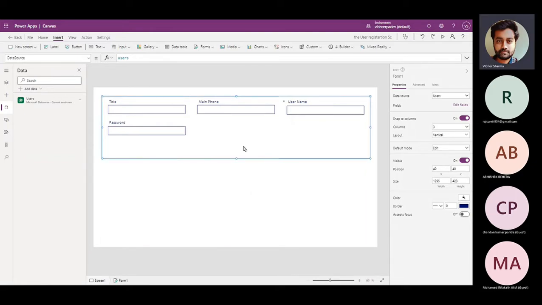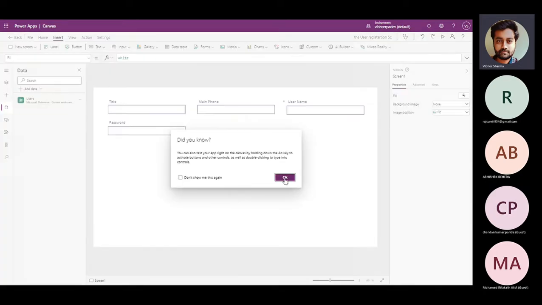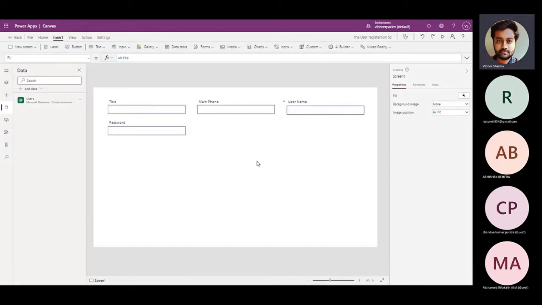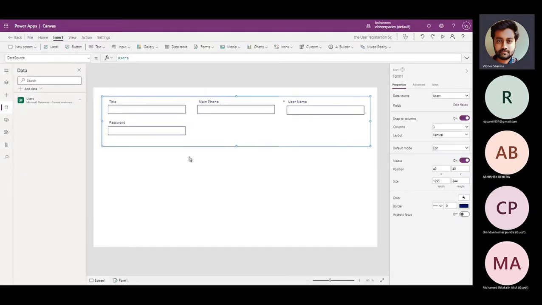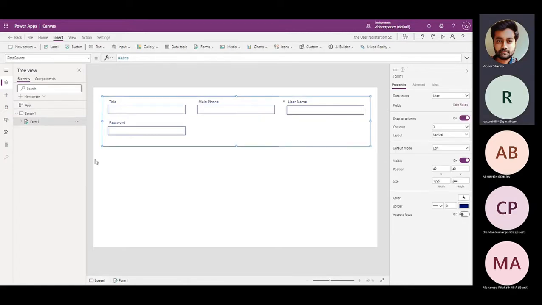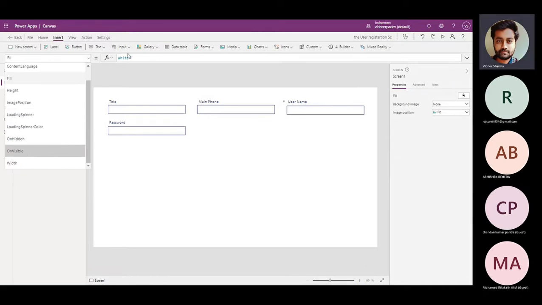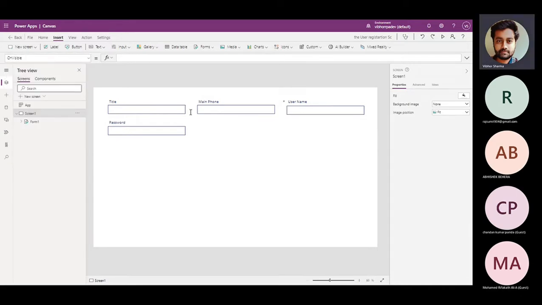Now, if you load this form, it would not appear because there is no item to display. So my form is not showing any item, but my form is creating a new item. So what I want is, as soon as this screen is visible, right? This screen is visible. So I'll go to the screen and I will say, as soon as on visible of this screen, or you can also give